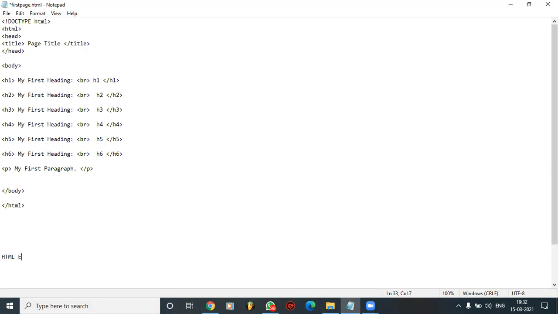HTML elements. Okay, guys. So what are the elements? There are few elements like nest, and we used nested elements also. We can use nested elements that we use here. Nested